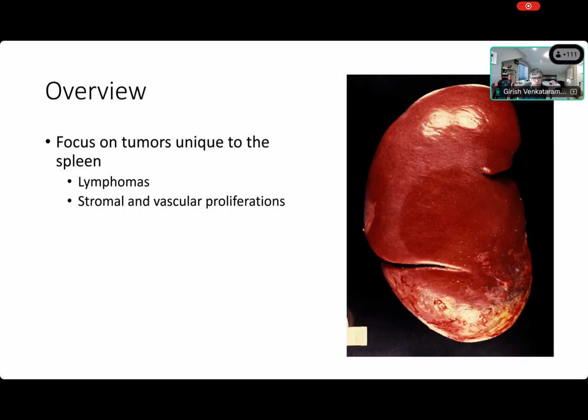So now we will delve into the next basic morphology portion of what you would expect to see in the spleen, right? The strange thing about the spleen is it's a no man's land. When it comes to hematopathologists, they think sometimes that it belongs in surgical pathology, and when surgical pathologists see the spleen, they don't want anything to do with it. They say it's a big lymph node.